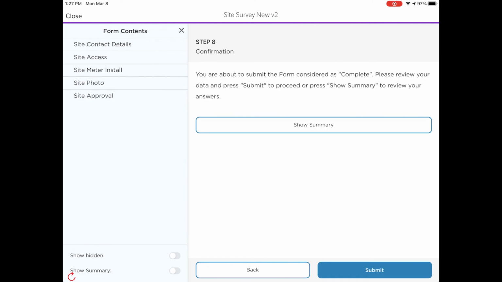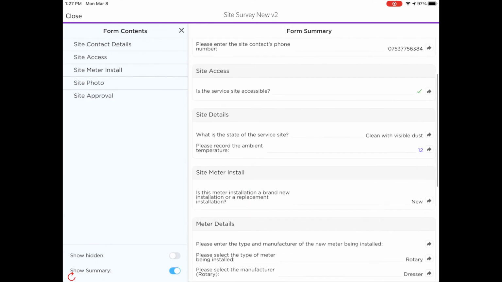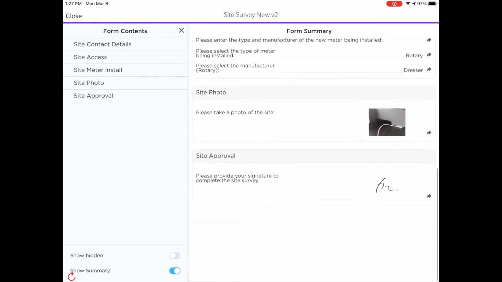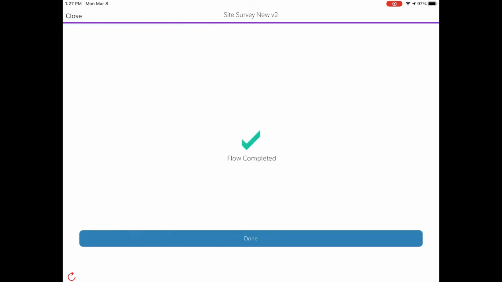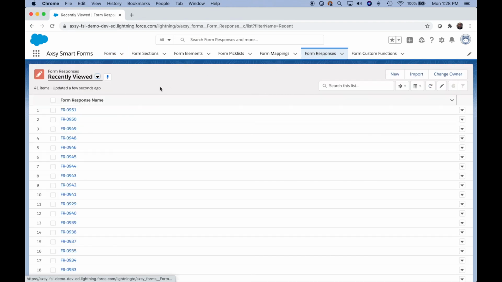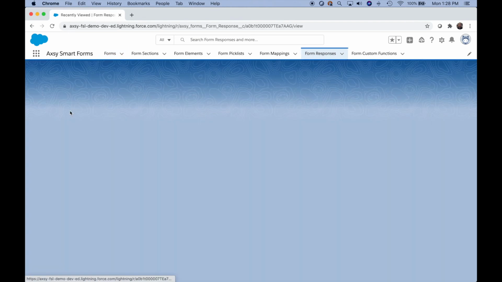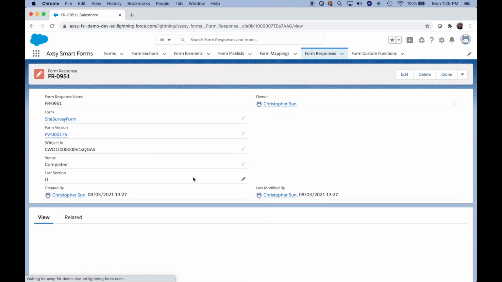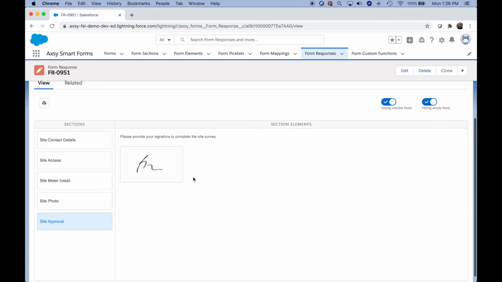Once I'm done with the smart form, I'm presented with a summary, which allows me to review my answers and return to any that may need fixing. On completion, the smart form response is sent up to the Salesforce platform where the back office have access to a viewer where they can review the answers provided by the field engineer and follow up accordingly, either through manual action or through any automated processes that have been set up in the org.